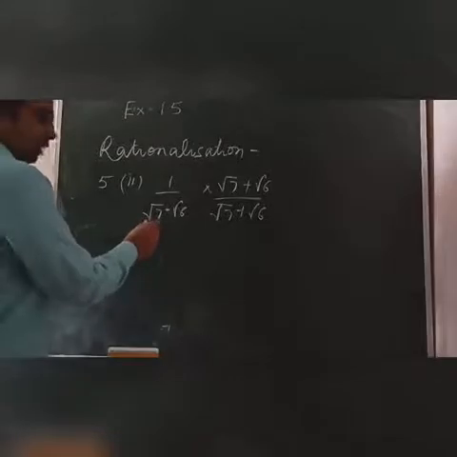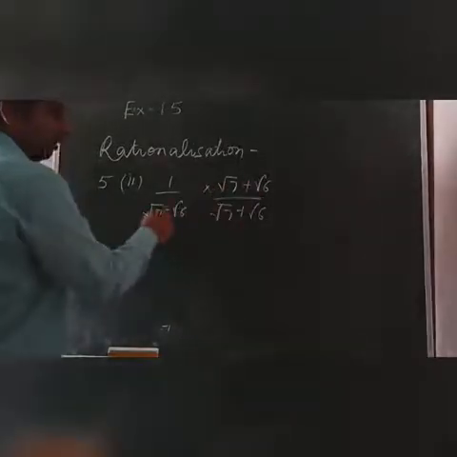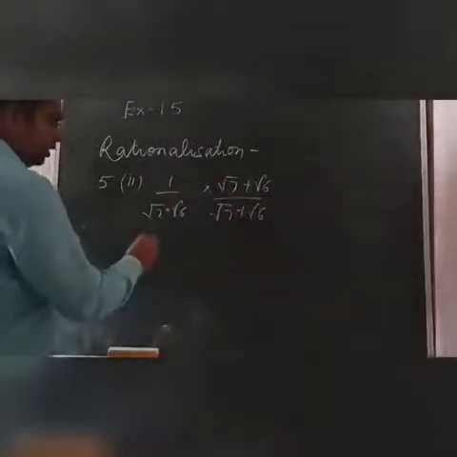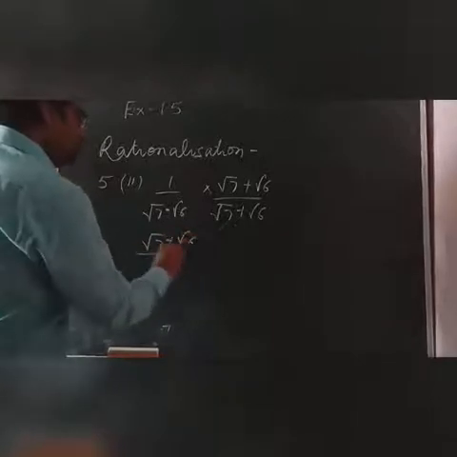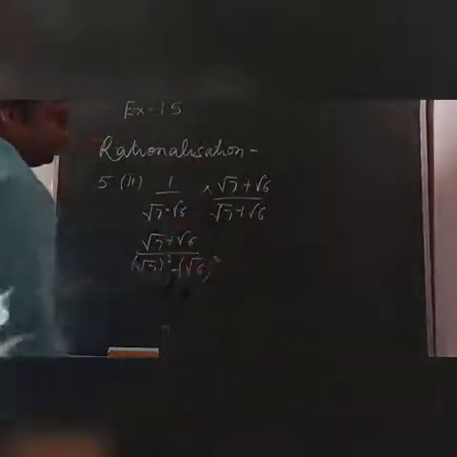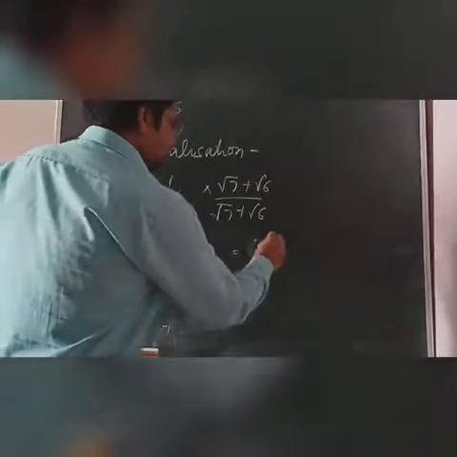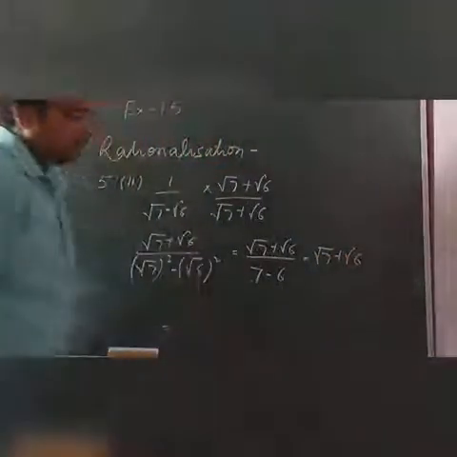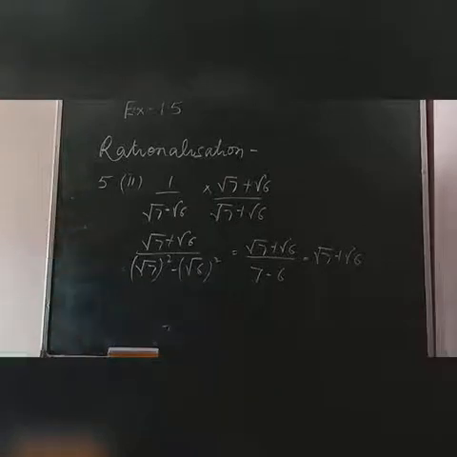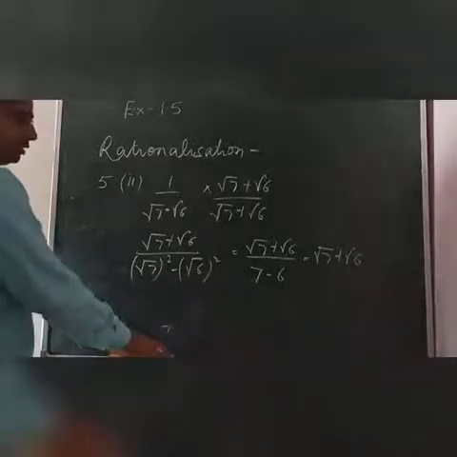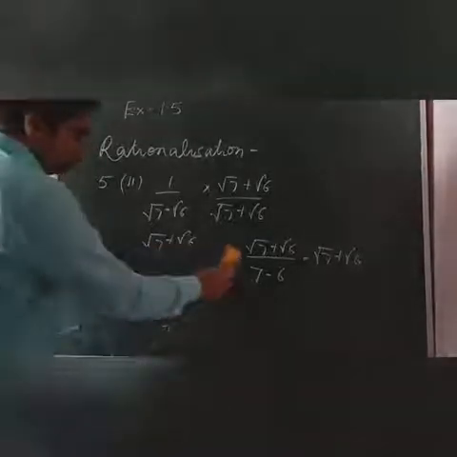Now you can see we are taking A and B, but I am changing only the sign between them. Here it is minus, so I am taking plus on both sides. So you get under root 7 plus under root 6, and in the denominator under root 7 square minus under root 6 square. So you will get under root 7 plus under root 6 divided by 7 minus 6, which equals under root 7 plus under root 6. You can take this type of question and solve all types of rationalization. Okay. Now I am taking one more question of rationalization.